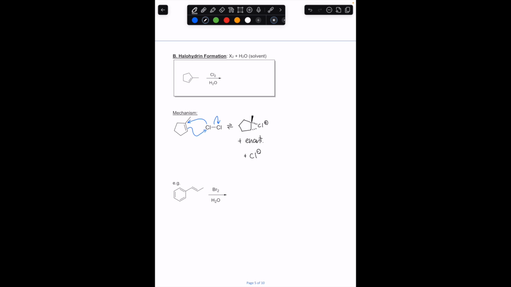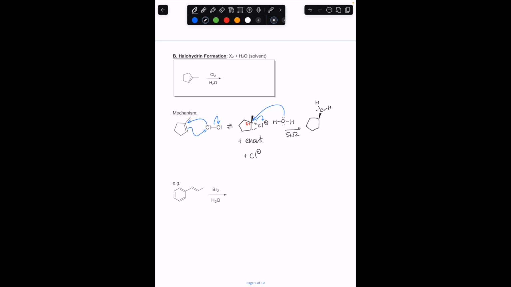Now, at this point, you might expect to see chloride coming in and attacking, but if the solvent is water, I want you to notice that the most likely molecule that this intermediate is going to collide with or interact with is that most abundant molecule, the solvent. Now, if the solvent is at least weakly nucleophilic, it could do this ring opening through, of course, SN2. This SN2 step, and what's going to happen,